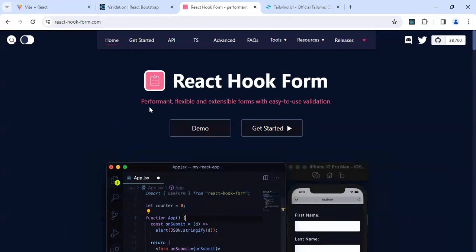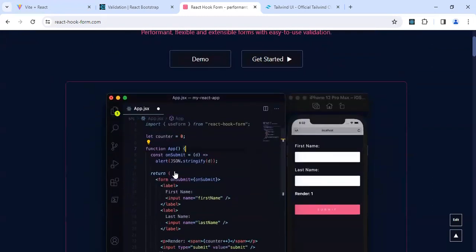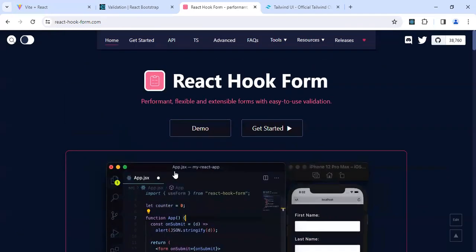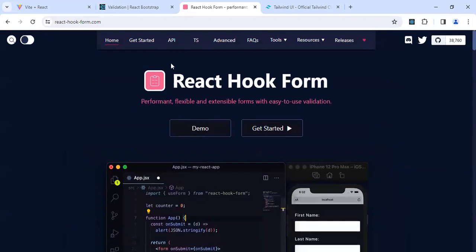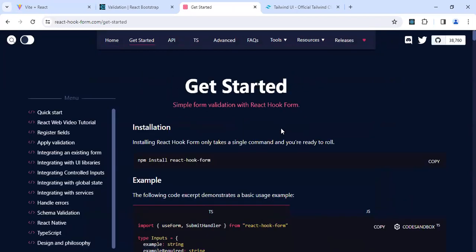It's a flexible and extensible form library with easy to use validation. It's a third party library. You can add it to your application and use its features. It is available for React Web and React Native, both. Let's get started. Since it's a third party library, obviously you have to install it with npm install react-hook-form. Now, the following code